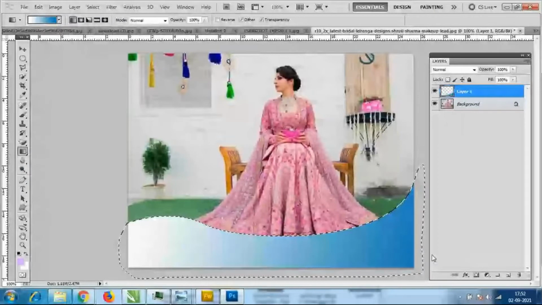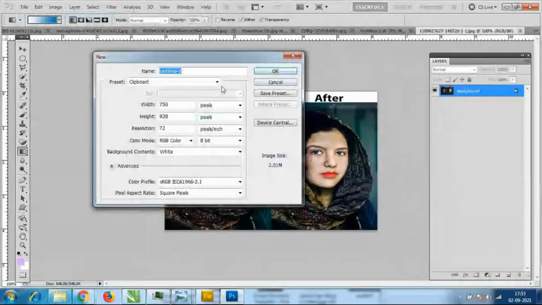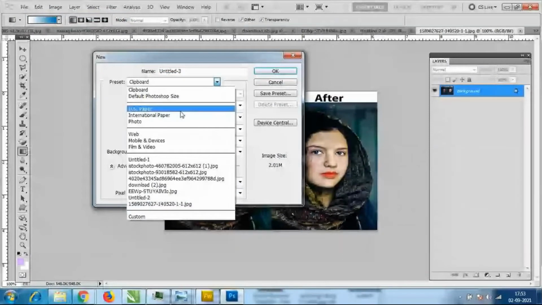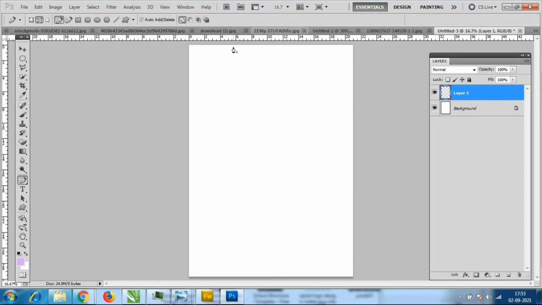So what you people have to do, just create the shape only, don't take any images in the beginning. Take a new fresh file, international paper file, A4 size. Go to the pen tool and add the shapes in one layer. I'll go to a new layer and add the shapes like this.